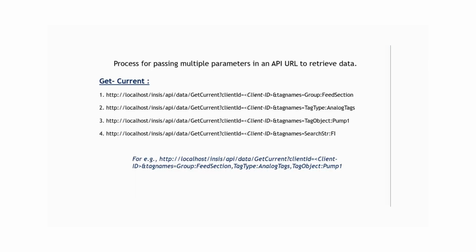In the Web APIs, for reading data from the inSys system, tag groups and tag type concepts can be employed in combination with tag names. As you can see, inSys provides 4 distinct methods for accessing multiple parameters from the system. By leveraging these multiple parameter access options, users can efficiently extract the desired information from the inSys system. You have the flexibility to utilize any of the provided options or even combine them to effectively retrieve multiple sets